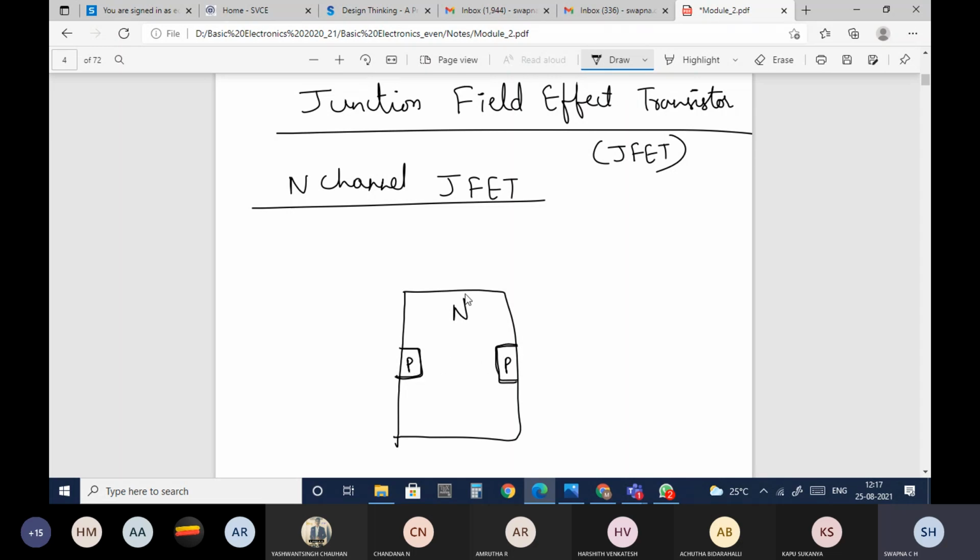This is your P and this is your N. This complete one is nothing but the N-channel, and on both the sides of this N-channel, we are doping with the P-type material.